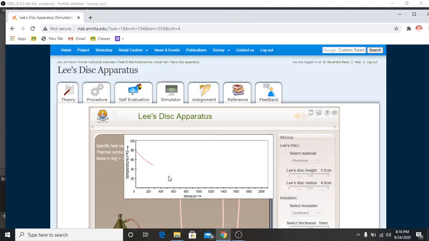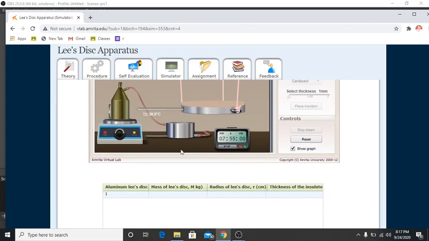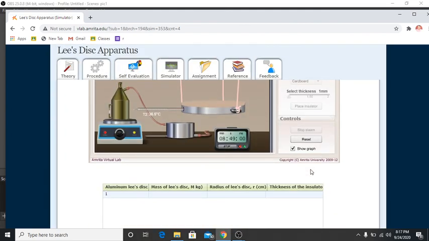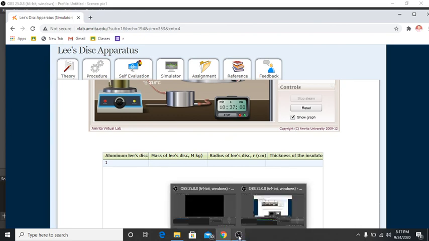In your manual making of the graph, you will change the axis and get a smooth curve, and on that curve you put a certain tangent and measure the slope of the curve at the steady state point. Using the other constants, you will get your aim here, and that aim is the determination of the coefficient of thermal conductivity of a bad conductor. Okay, so this is all about this Lee's disc experiment. So I stop here.